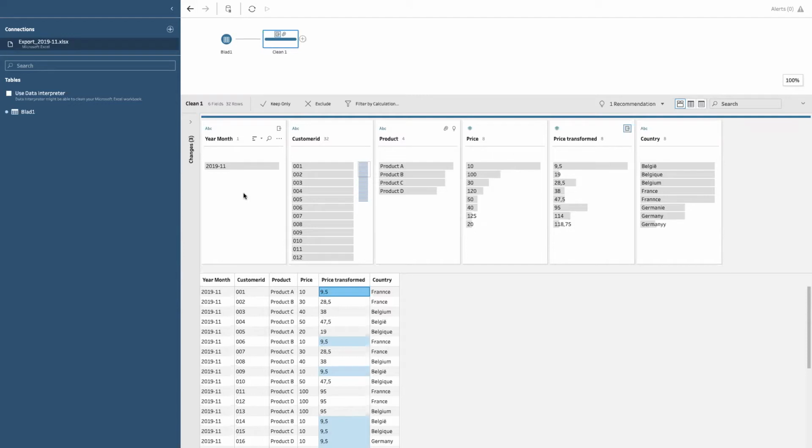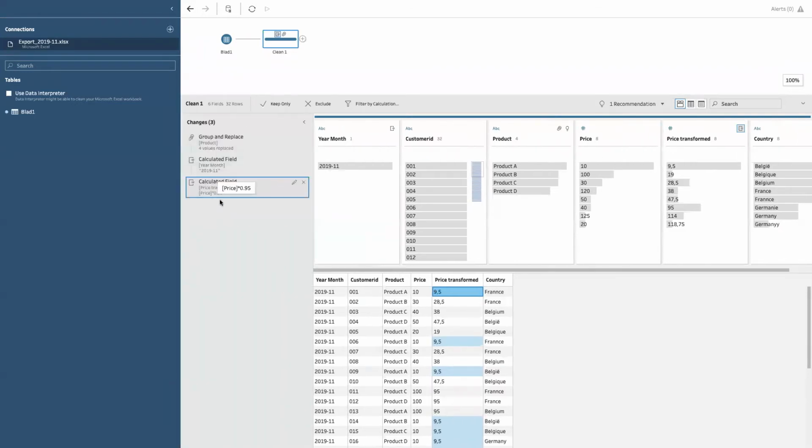So here in the left pane, you get an overview of all the changes you have done to your data. Let me click it. So what have we done? We have grouped and replaced the product names. So it nicely says it here, group and replace for product, for values replaced. Then we calculated the year month. So here you see that you created this constant string, being the year and the month number. And we made a column called price transform, where we multiplied the price with